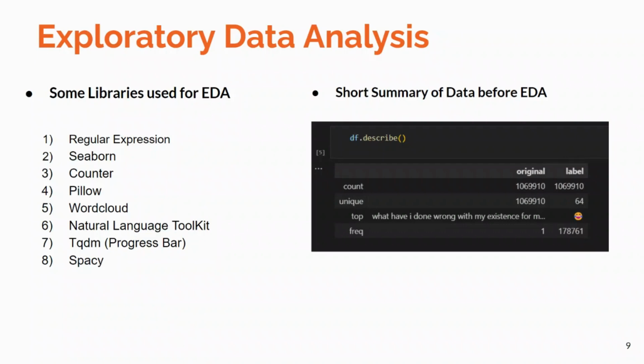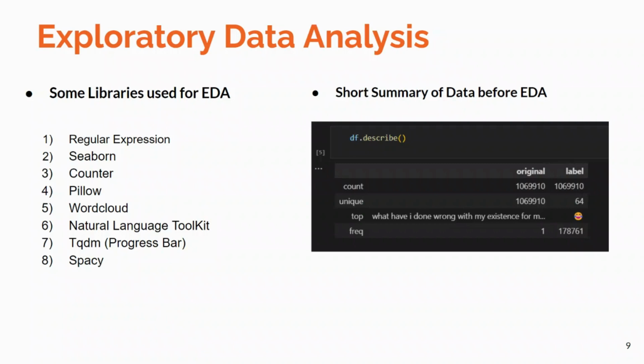First, regular expression. The functions in this module let you check if a particular string matches a given regular expression or not. Seaborn is a library that uses matplotlib for plotting graphs. Counter is a Python toolkit that allows you to count values. To load any image, we simply import the Image module from Pillow. Word cloud is a data visualization technique for representing text data. NLTK provides us various text processing libraries with a lot of test datasets. TQDM is used for creating progress meters or progress bars. Spacy is a free and open source library for NLP in Python.